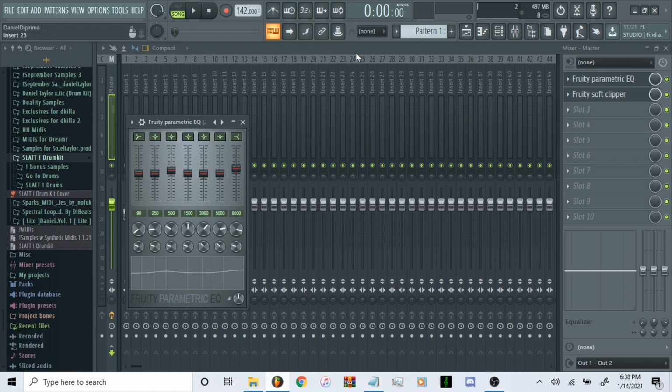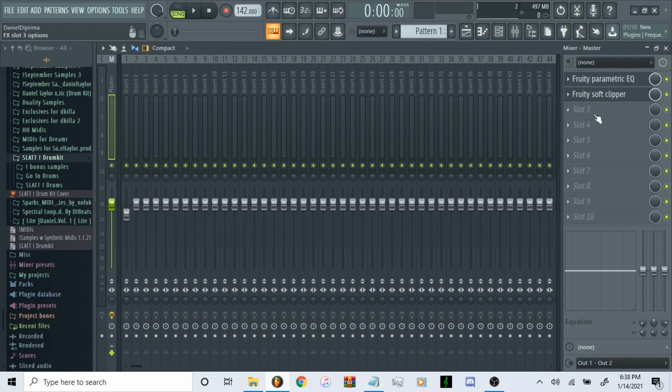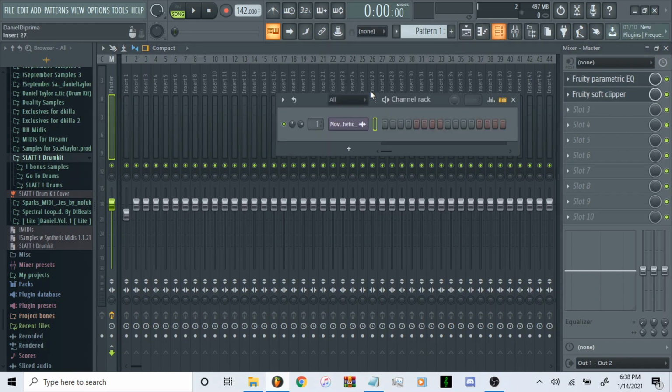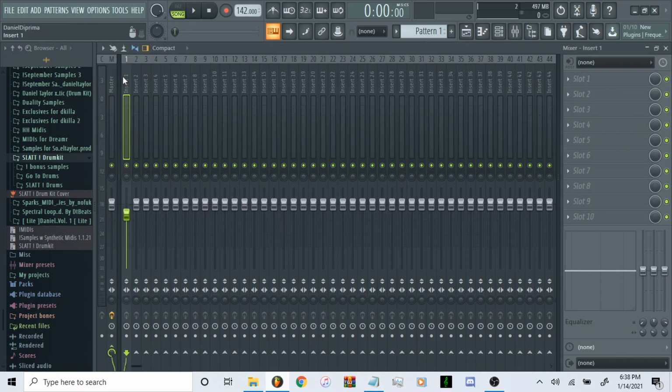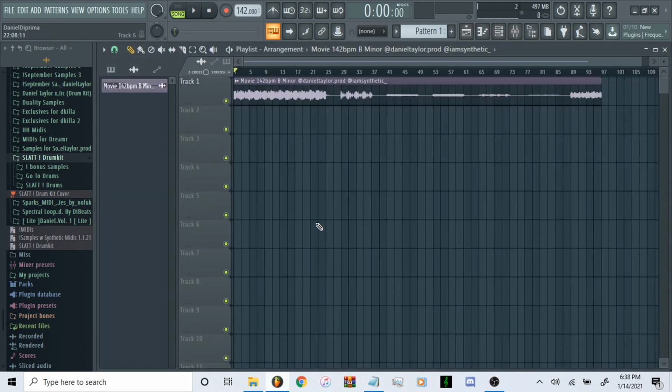For me, what that does is it makes the hi-hats stand out a little bit more, and it makes the high end of the 808 hit really hard. So yeah, nothing too crazy. That's the master. And then I'm going to route the sample to mixer track 1. And also what I want to do is break down all the sections so that I can use every part